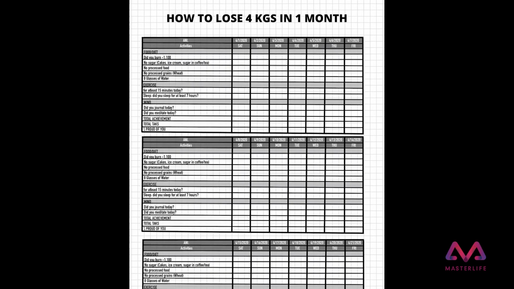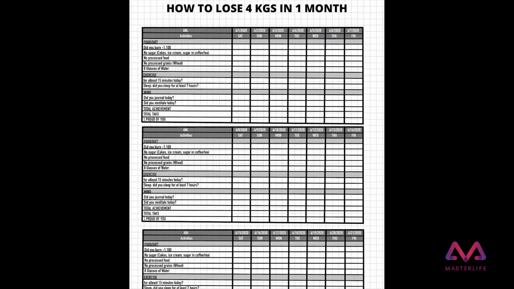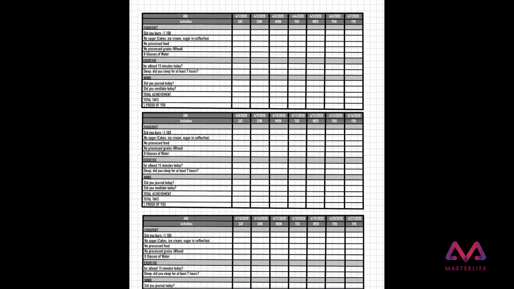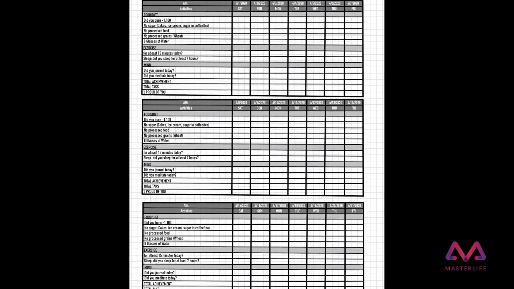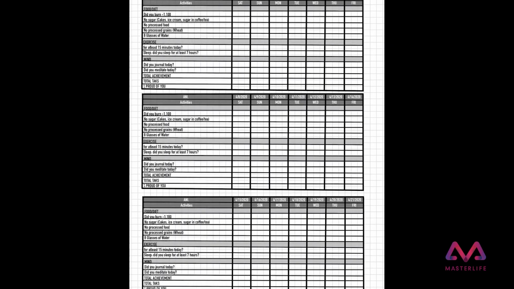Okay, so I've broken this down into a worksheet for you. Imagine that the worksheet consists of, okay, did you make sure you didn't have processed food today? Did you make sure you didn't have sugar? Did you make sure your calorie intake was negative 1,100 calories, right? And did you sleep for more than 7 hours a day? Imagine there are about 10 data points laid out, and there's an entire sheet that's been created for the month. And all you have to do at the end of every day is ask, hey, did I do this? Yes or no? Yes or no? Yes or no, right?